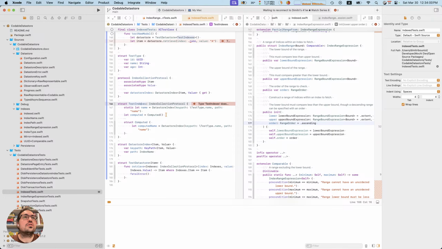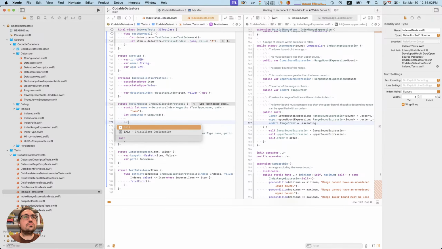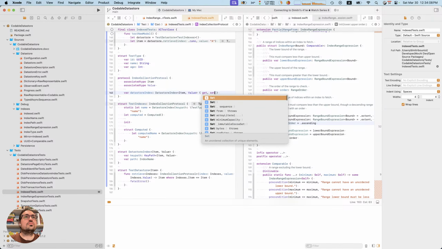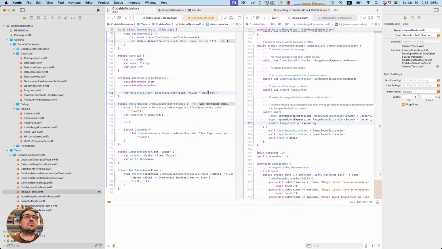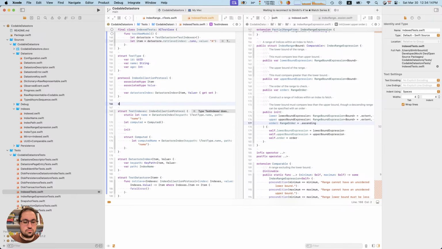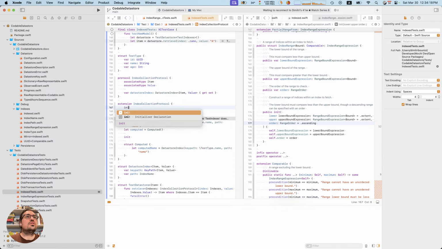Okay. Let's give it a basic initializer.